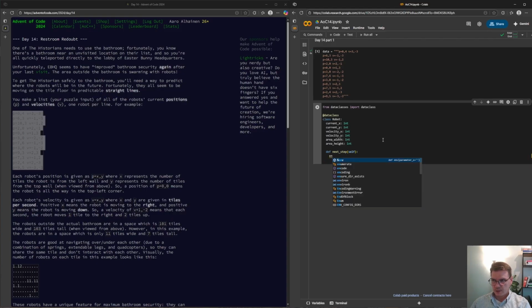So next x and then next y, we basically want to get the self.current_x plus self.velocity_x, and then same for the y.